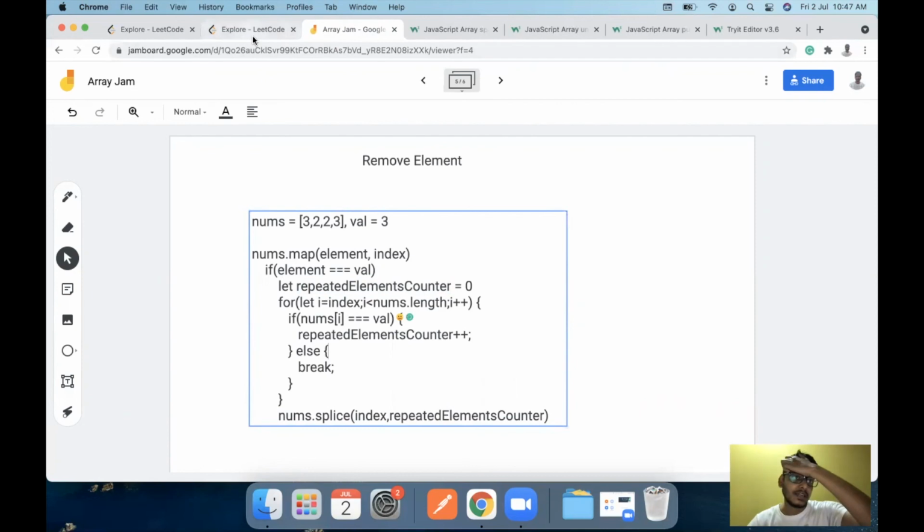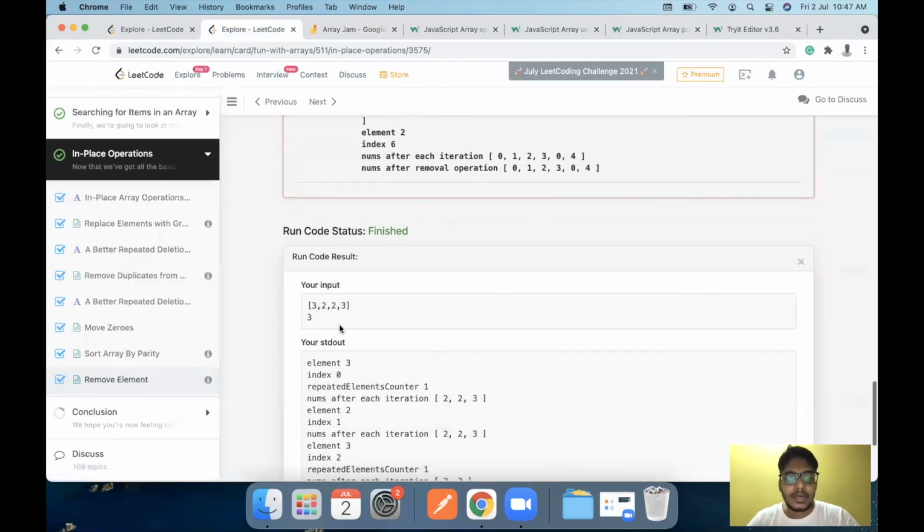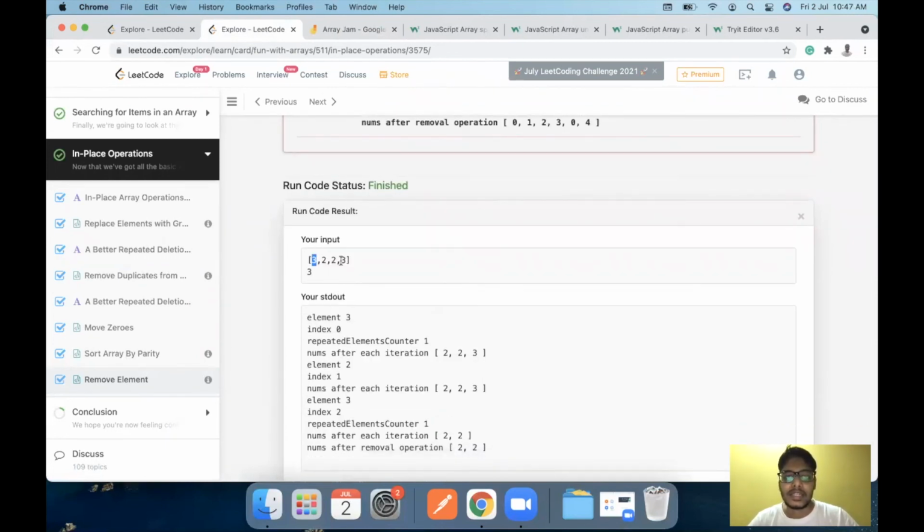The reason why it did not work in the first pass is because when it encountered this element 3 and it was supposed to be removed, it also started to see the duplicates and it found it here. And what happened was, since there was a duplicate element towards the end, but not just after the current element, even this 3 got considered in the splice operation and it removed the 2 as well.